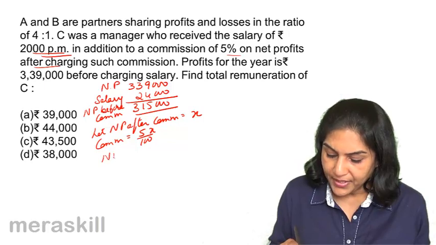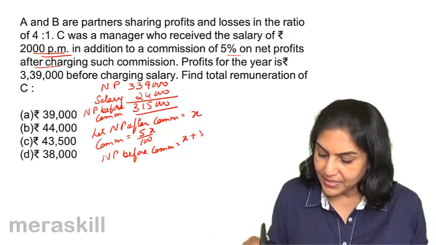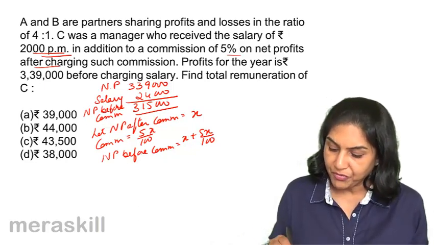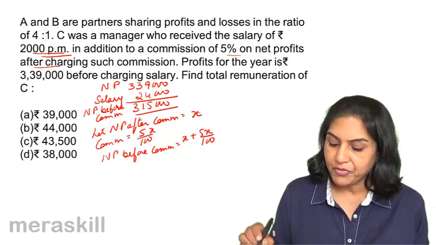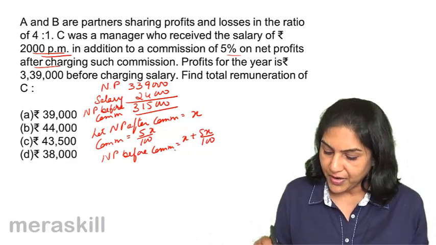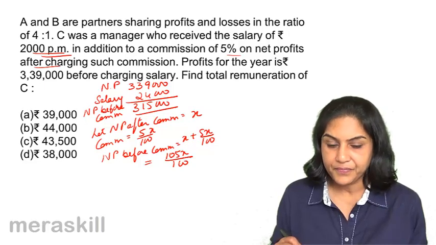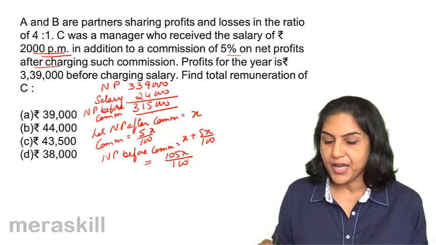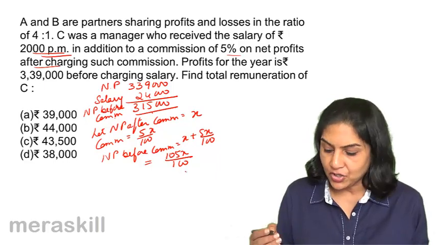Therefore, what will be the net profit before commission? Net profit before commission will be equal to X plus 5X by 100. Yes or no? So, net profit before commission is X plus 5X by 100. Remove commission, 5X by 100, and net profit after commission is X. So, if I add this, I get 105X by 100. Net profit before commission, I have 3,15,000 here. Net profit before commission, I have 105X by 100. So, equating and solving, I get